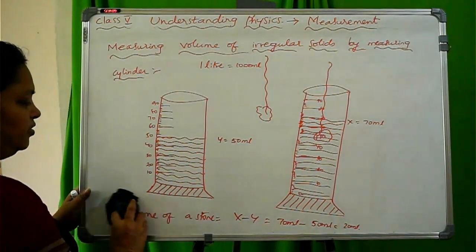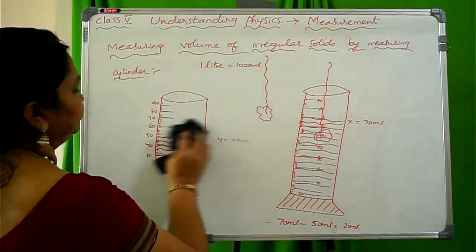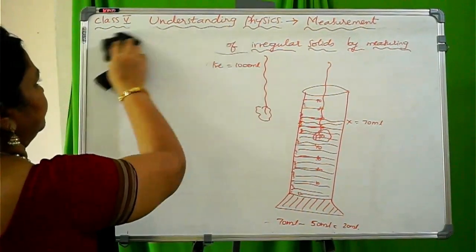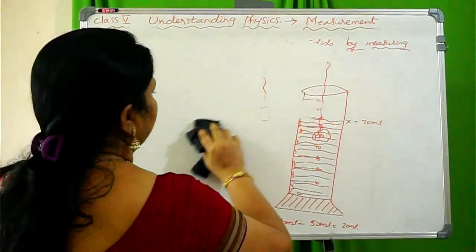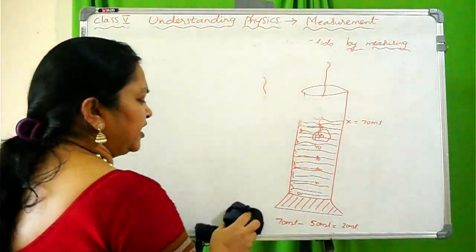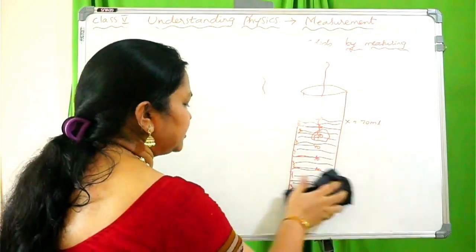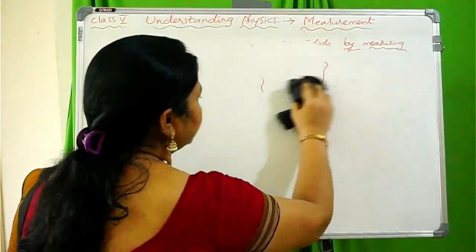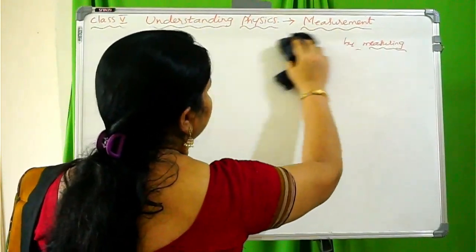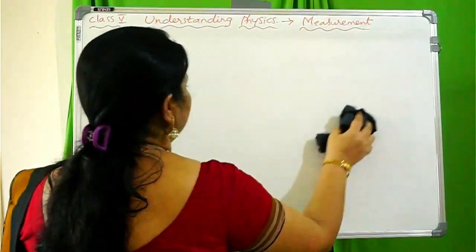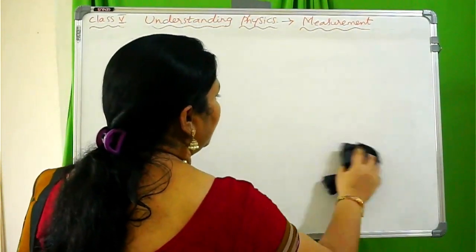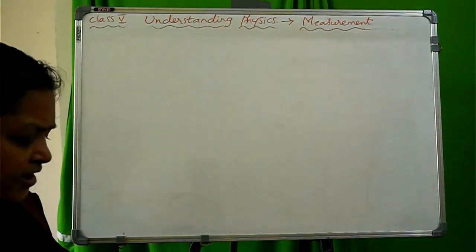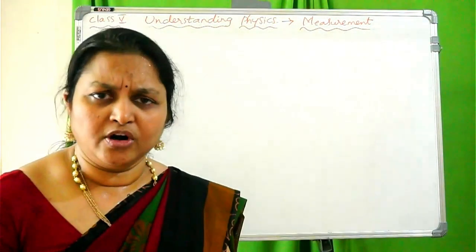Now we are going to discuss measurement of capacity. What is capacity? If you know the capacity, then it will be very easy for you to understand. Let me explain. Capacity means different containers will be there. Whatever the space inside the container, that is called its capacity. How much amount the container can take inside, that is called capacity. Whatever the containers are, you can pour different liquids into them. Mercury is a liquid, kerosene is a liquid. Like this, many liquids are there. Petrol is a liquid, water is a liquid.